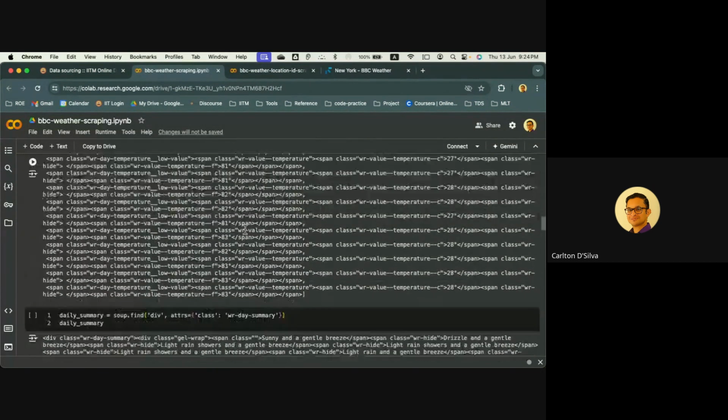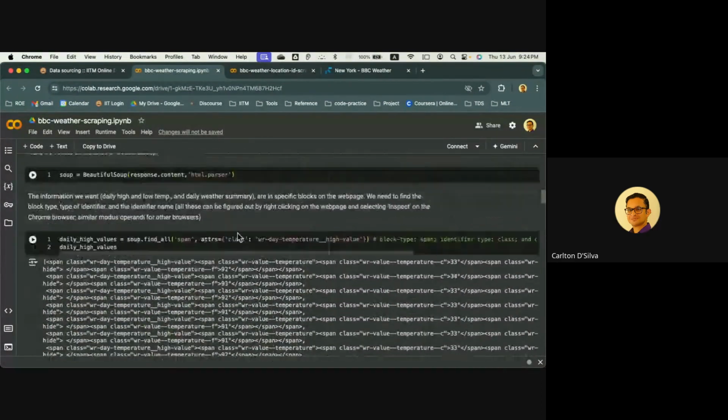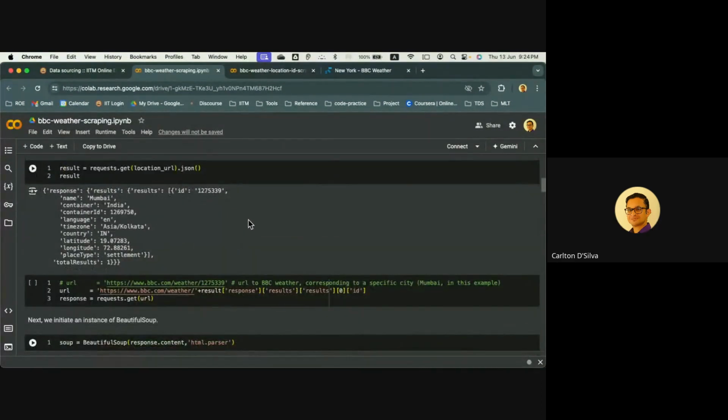Okay, so why are we looking for these ID numbers? That's because when we want to actually scrape the data for the city we are looking for, as you can see, the calls are made using these ID numbers, but we don't know what these ID numbers are, right? So